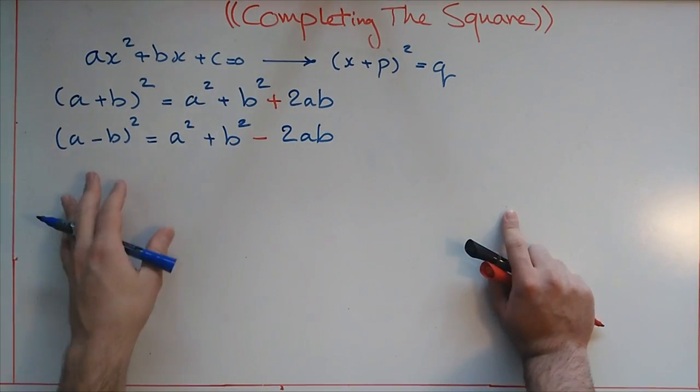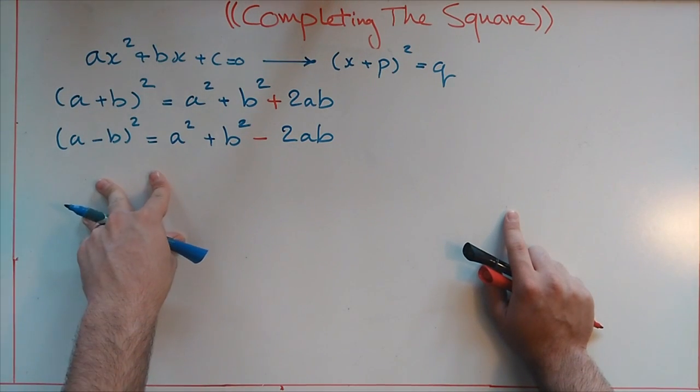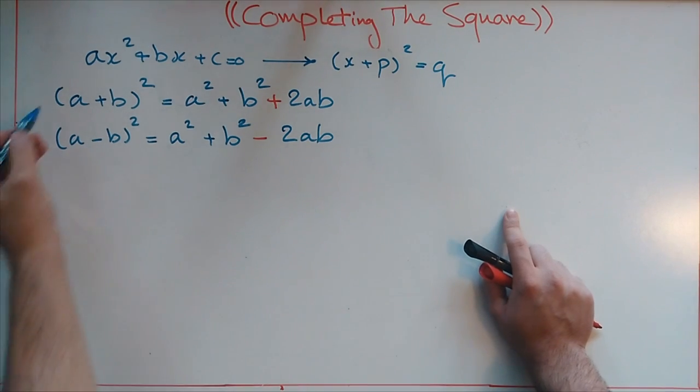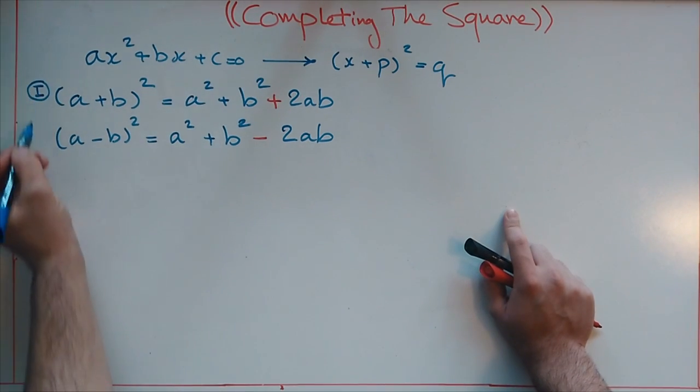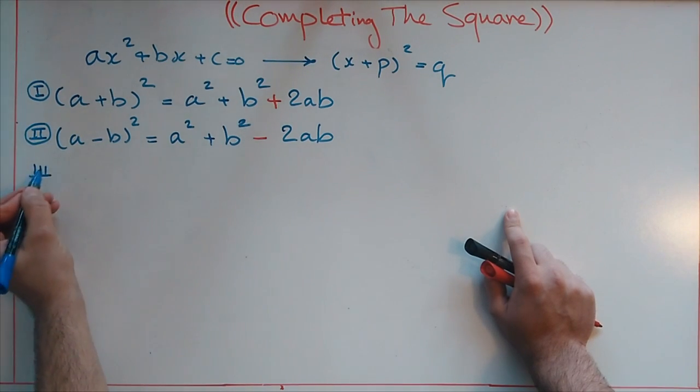So we have learned these 2 relations last grade. These are the 2 rules that we need to know, and there is another rule, which is the 3rd one,